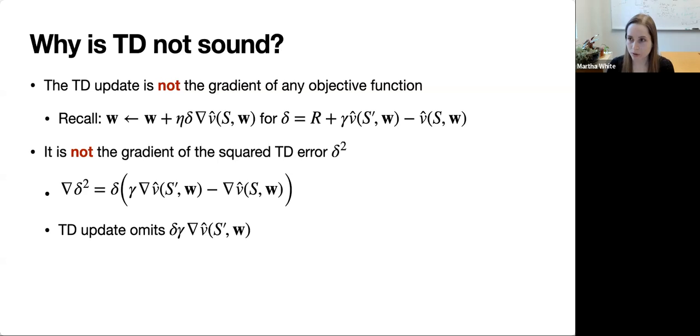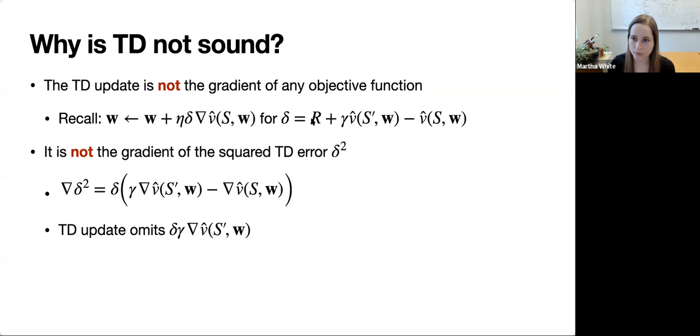The update looks like it's sort of reasonable, and the TD update is not sound because it's actually not the gradient of any objective function. So here I'm just reminding you what the TD update looks like. Okay, and you might think maybe it's the gradient of this delta like it usually is for regression, but actually it's not. So if we were to look at what the gradient of this error term, delta squared, is, and we just take the gradient, we'd have a delta. I missed the 2 here, but we'd have a delta,